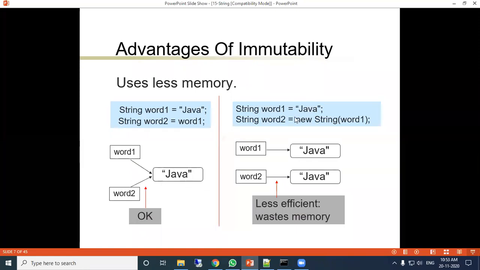But in this case, word 1 first stores this data and refers to it. Now for word 2, it is reserving using the new keyword, so it creates new space where word 1's data is received as a parameter, and it calls the string constructor, where word 1's value is passed as the parameter and assigned. So here the copy constructor is working.